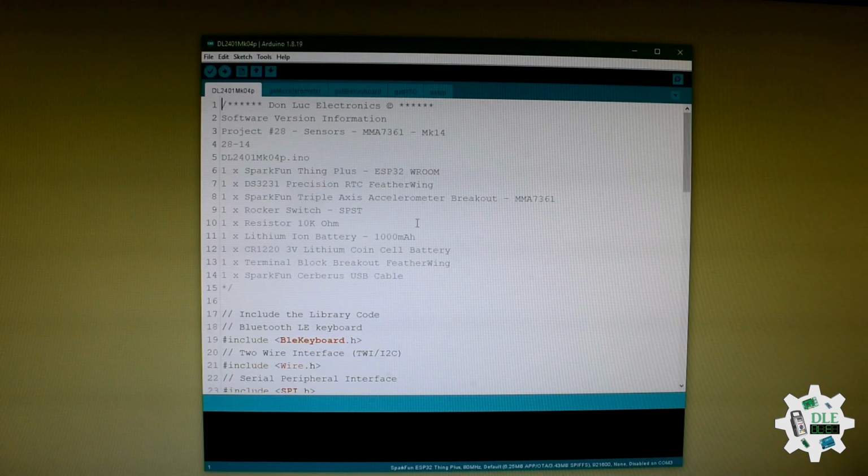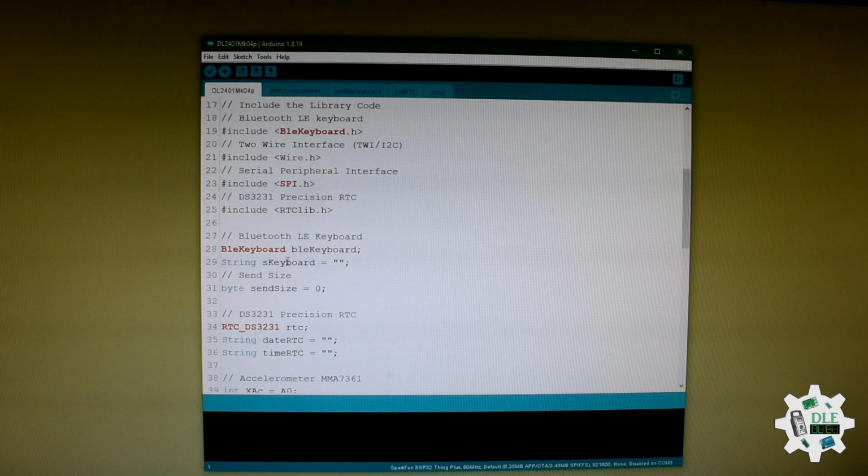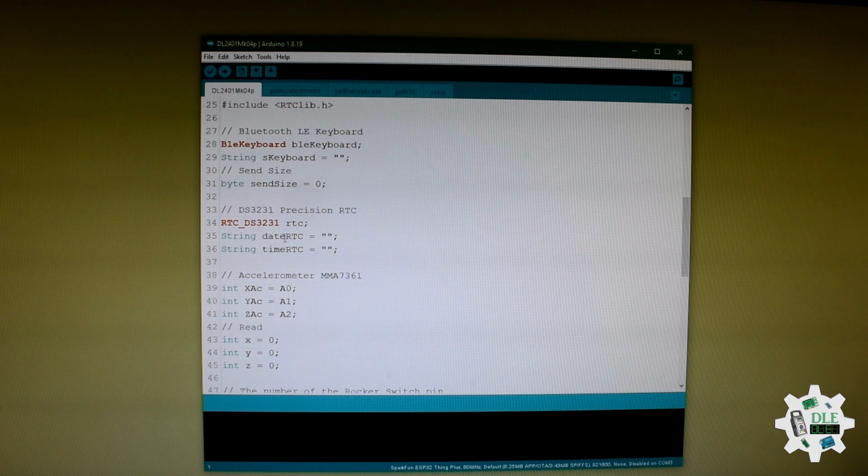Project here, the Bluetooth keyboard here, wire here, the switch here, and a brief for date and time. Here, keyboard, Bluetooth here, and message here, time and date,